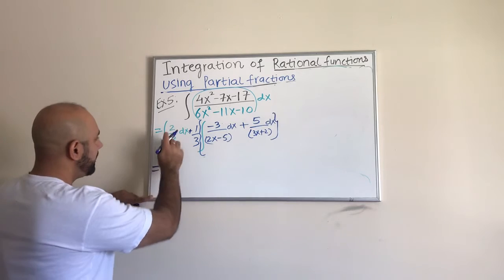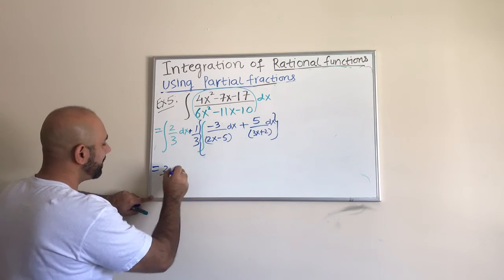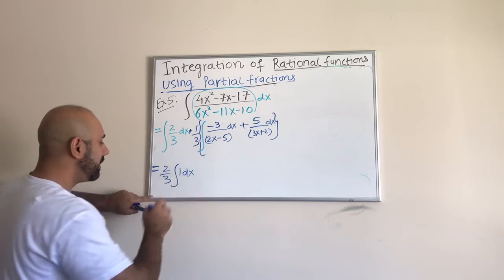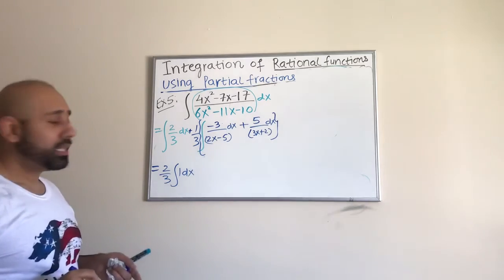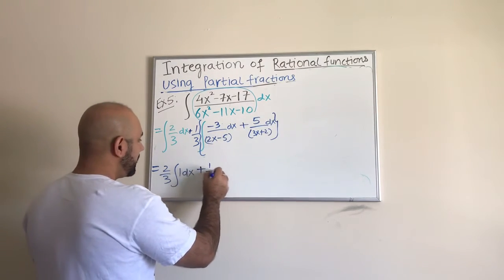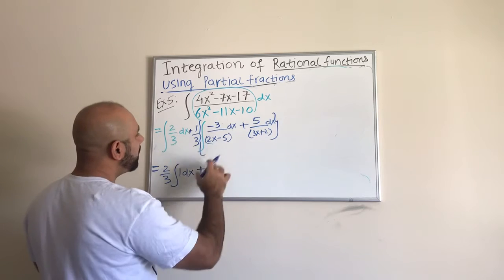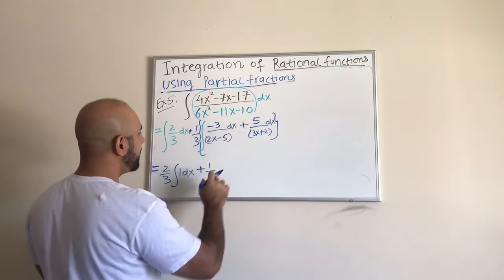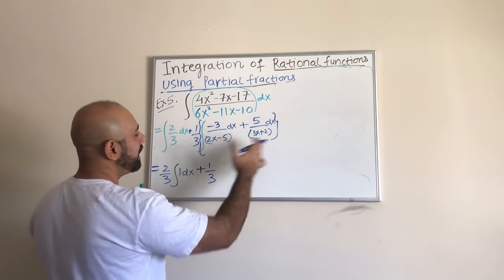Guys, this is pretty simple. 2/3, you just take that 2/3 outside. It's just the integral of 1 dx, right? Nothing really special about that guy. Then plus 1/3. And let us already distribute that 1/3 with both these terms, because anyway we have to break them into two